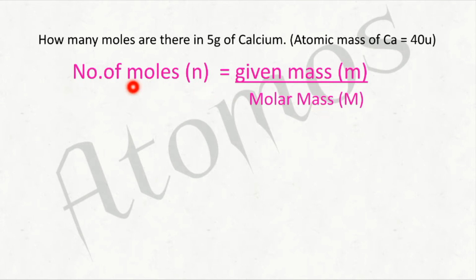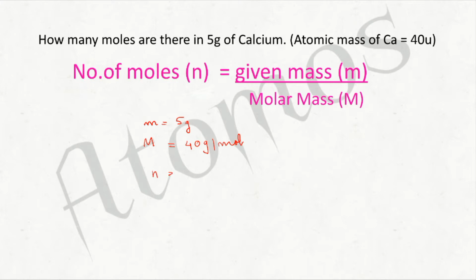So what all things they have given in the problem, you can write it. Yeah. So what will be the given mass? Yeah, the given mass will be equal to 5 gram, right? And atomic mass of calcium is 40 units. That means it is the mass of one atom of calcium. But we need the molar mass. Okay, so what is molar mass? That will be equal to mass of 1 mole of calcium. So that will be equal to 40 gram per mole we will write. Got it? Yeah. And we will have to find out the number of moles.